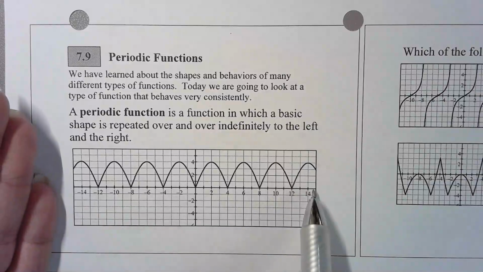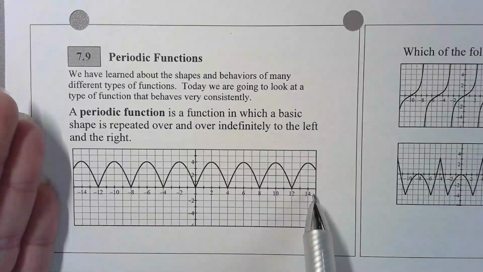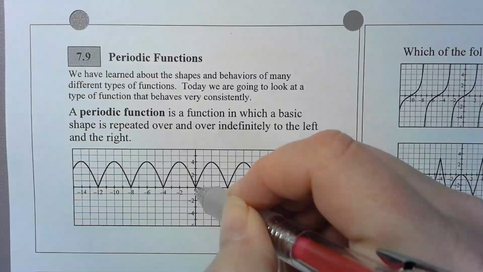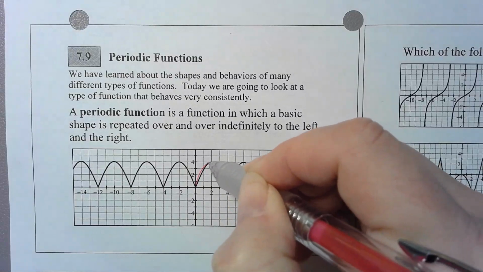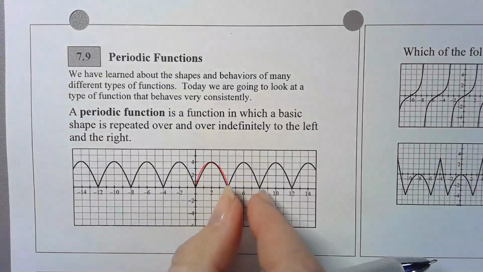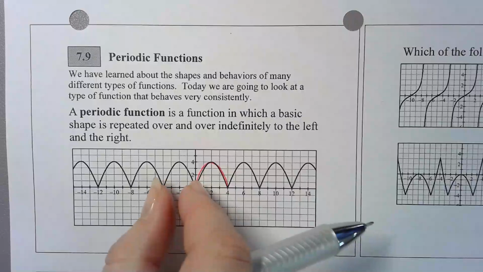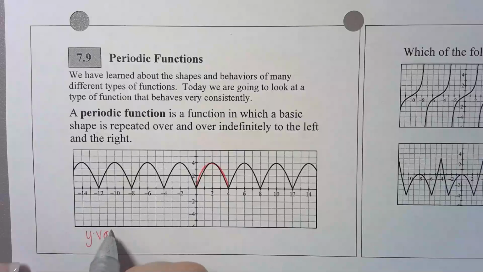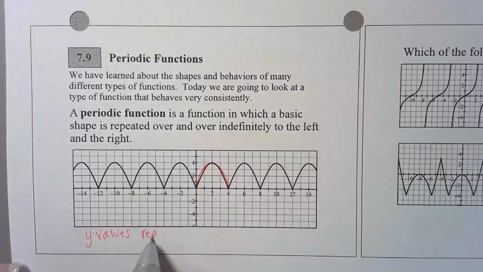So what we have in front of us is a periodic function. The window of this graph paper goes from like -15 to 15, but it could keep going. But what we see repeated is this shape right here. Almost looks like a little parabola. And if I were to pick this parabola up and slide it exactly to the right or to the left, it would lie right on top of itself. And what's really important to note about a periodic function is that the pattern of the y values is what's repeating. So the y values repeat